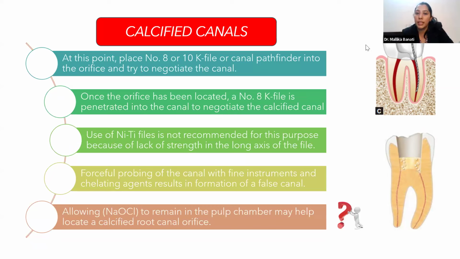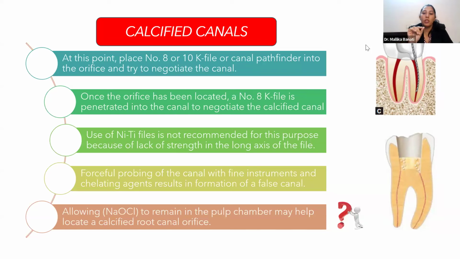Once the orifice has been located, a number 8 file is then penetrated into the canal to negotiate the calcified canal. So now if you've taken a number 10 file and it's not going full length, as you can see in the picture represented on the side, you know that this is the orifice. You're sure now that this is your orifice. Earlier, though, you were not sure that this was your orifice because it was so calcified. Now that you're sure, but you've not reached the full length,